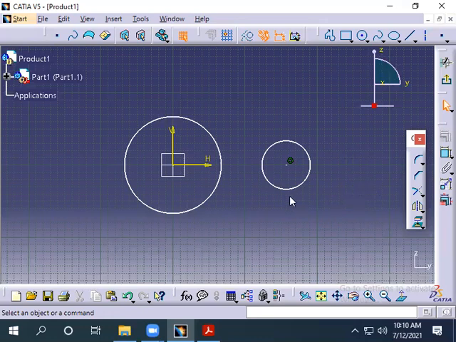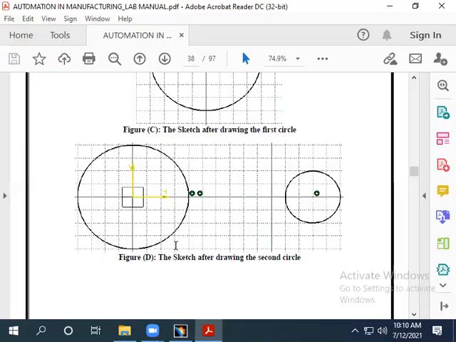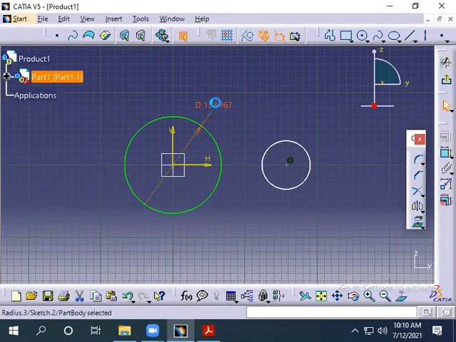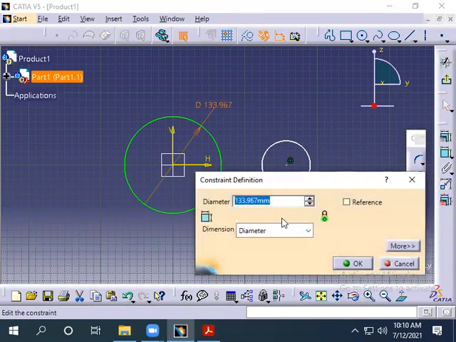That's simple. Now we are giving constraint, okay? Click on that, you just click there, constraint, come here, click on the circle, move out, right? Place it, right? It is placed, but I want to modify it, right? What is my dimension as per the drawing? Outside 40 radius, right? Outside circle it is that we are drawing.